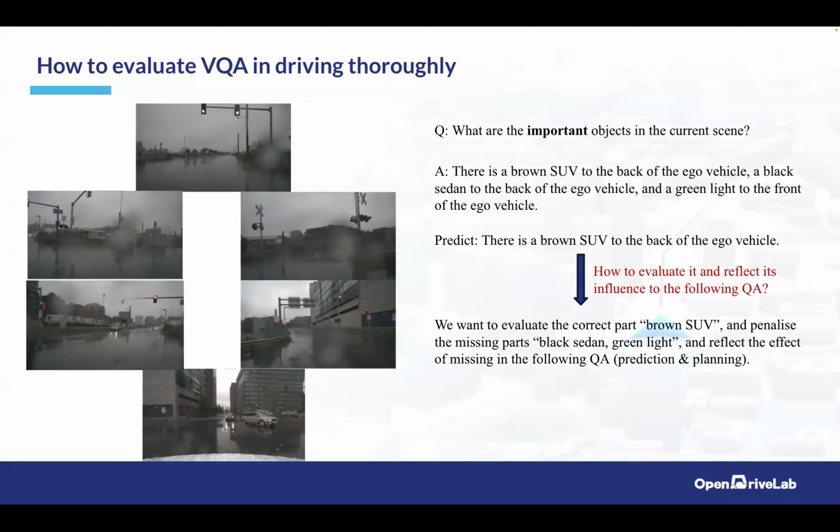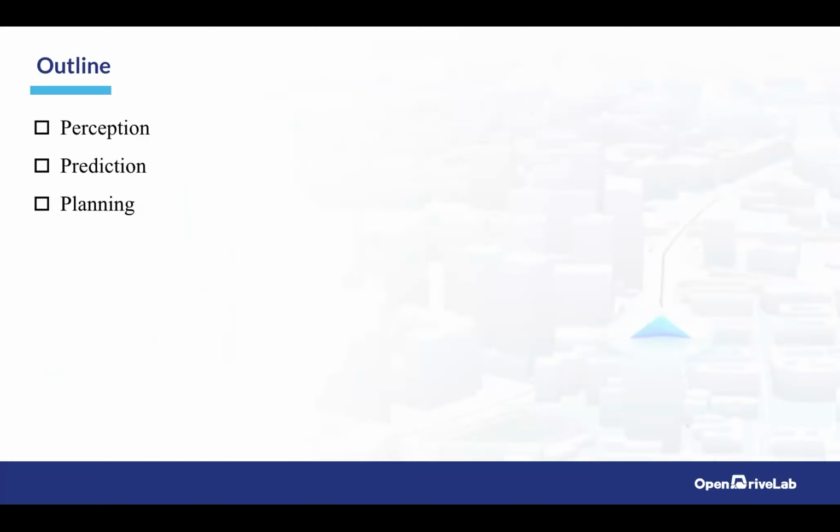But in driving scenarios, we have so many objects around you, and those objects will have different behaviors in the future, and all of it comes with uncertainty. How do we evaluate such uncertainty, and how do we extract what is useful for the later parts of the system? So we still go with the perception, prediction, planning paradigm.